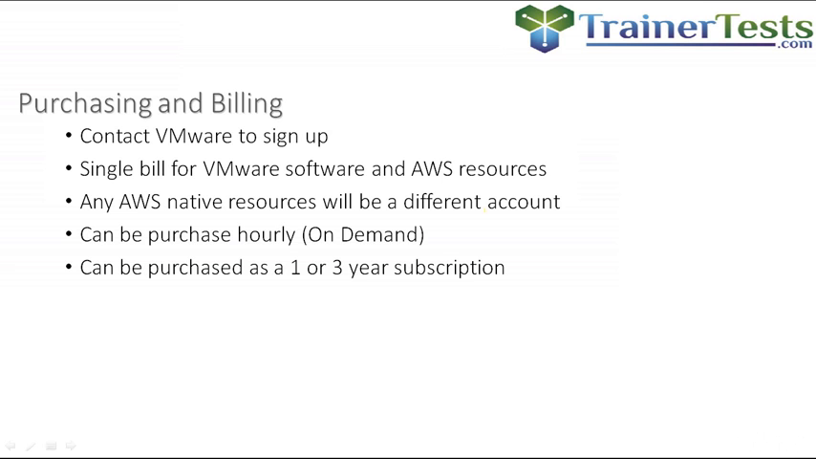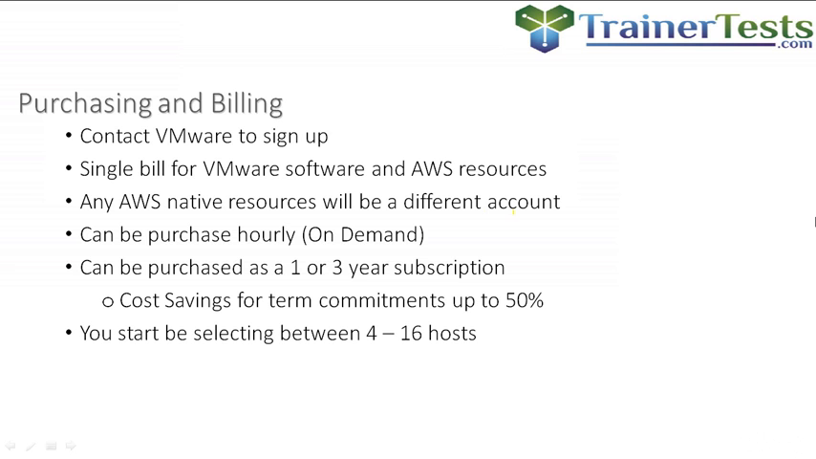If you know, hey, I'm going to need 4 hosts all year long, or I'm going to need 6 hosts all year long, you can enter into a reserved model of purchasing over the course of a year or up to 3 years. Right? And by committing to that long-term purchase of resources, they'll actually charge you up to 50% less. So significant savings if you know that you can commit to the long-term purchase of these resources. And you can select from anywhere between 4 and 16 total hosts provided in your VMware Cloud on AWS software-defined